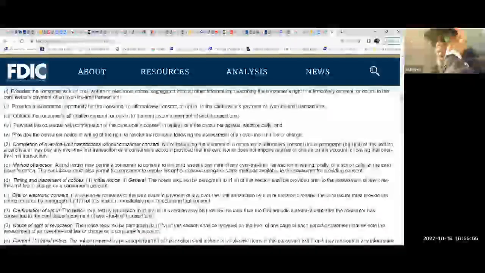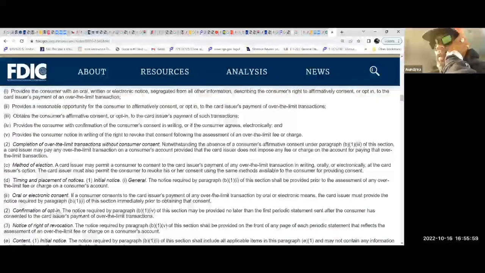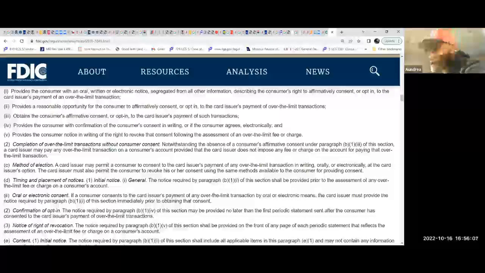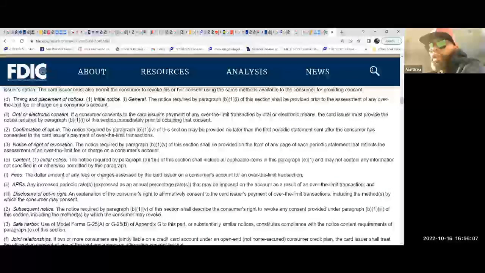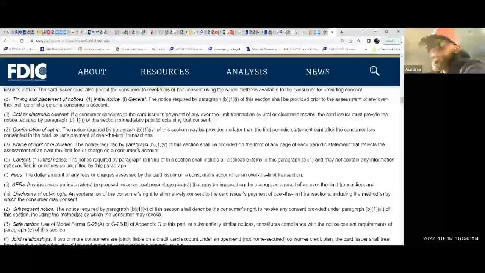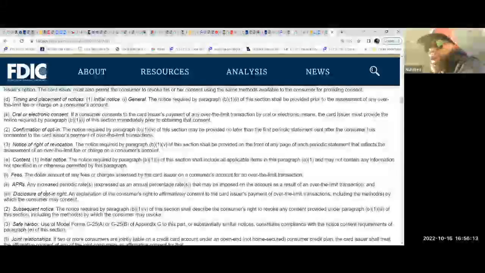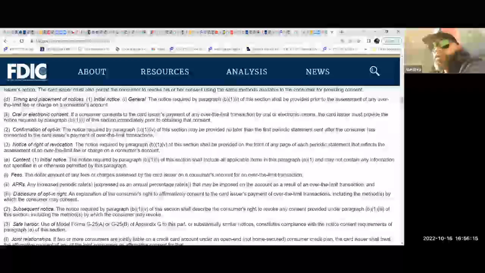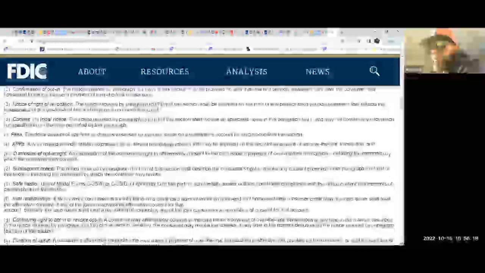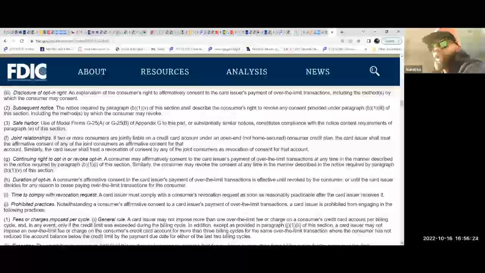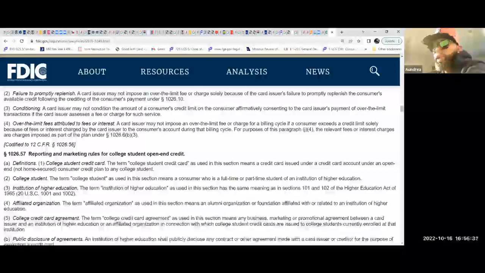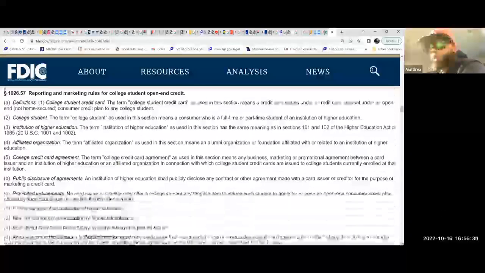to obtaining the consent. Now, the confirmation of the opt-in, it's basically talking about how you can set it up to allow your account to overdraft if that's what you want. Most people don't do it because they don't know how to pay back these loans with a simple promise. A promise to pay back the loan. It's something that simple. It's so hard for some people, and I get it. When it's that hard, then it keeps you from being able to have certain benefits and things that you're entitled to, because